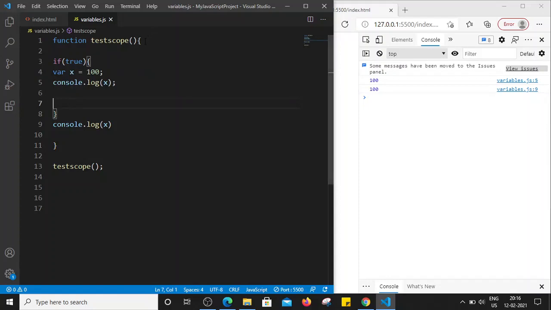That means it is accessible in the function completely. This console.log(x) is still inside the function scope, right? That means this is valid and it is printed here on the console.